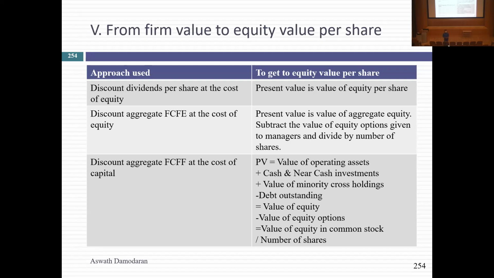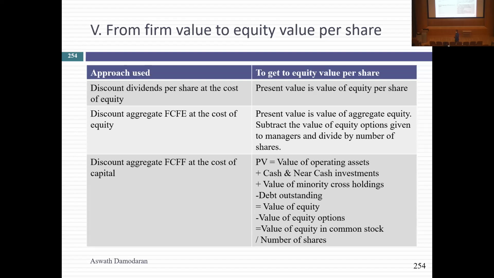In the case of Tata Motors, in addition to cash, what have I not valued yet? Tata Motors has holdings in 35 other Tata companies. They're minority holdings, 3% of the company, 5% of Tata Steel, Tata Chemicals. Those are called cross holdings. Income from cross holdings shows up below the operating income. So if I have cross holdings in other companies, I have to value those and bring them in. It's a lot of cleaning up.